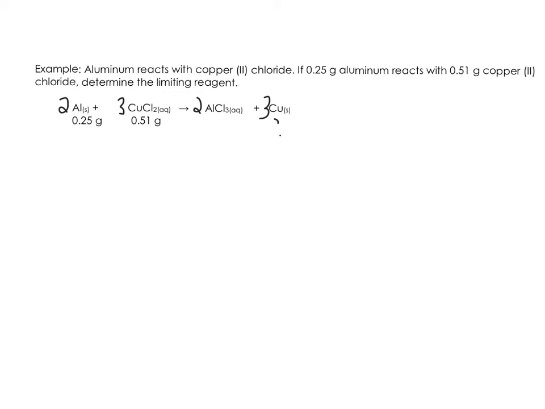All right. So aluminum has a molar mass of 26.98 grams per mole. Copper 2 chloride is